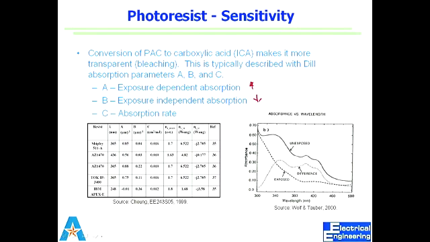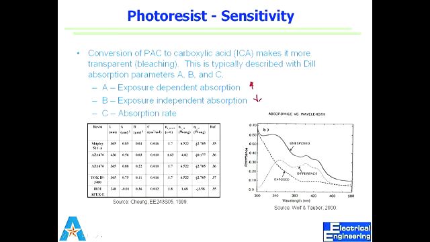So there is light which gets absorbed but doesn't cause reaction. As I said earlier, there is absorption and then there is reaction. Your sensitizer will cause much more absorption to occur, right? So exposure independent absorption is absorption that will occur, but not the reaction in the photoresist. It won't cause what we call exposure, which is the conversion of resist into soluble form,